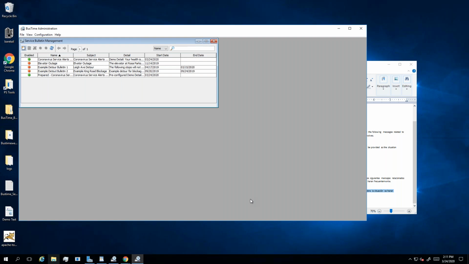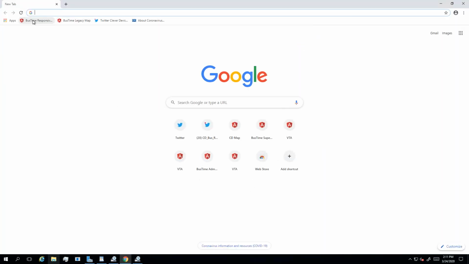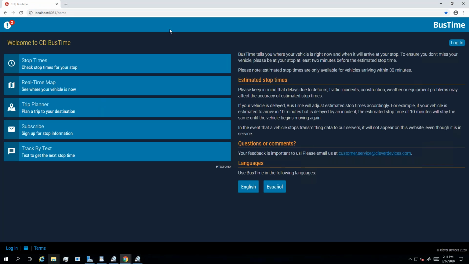And I'll just review a few of the destinations that we sent them to. All right, so opening up a web browser. For those of you that may not be familiar with this, this is our latest and greatest real-time passenger information website offering. We call it the responsive website. That's because it dynamically responds to any sort of device size that it's on, everything from the smallest mobile devices to a desktop PC. This is the homepage of that, and what you can see from this exclamation point icon is that there are 2 service bulletins to be viewed.